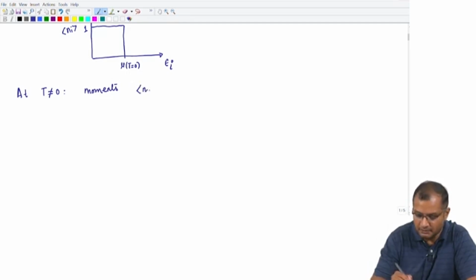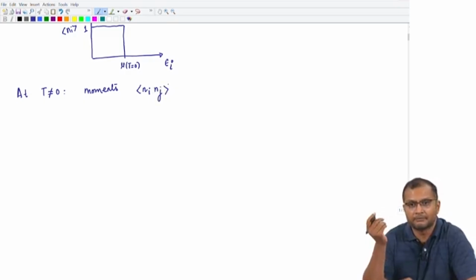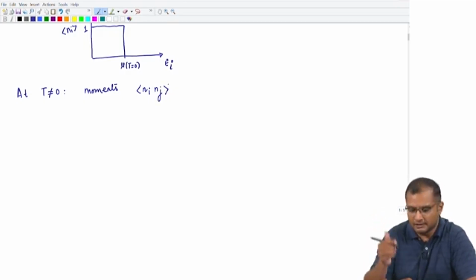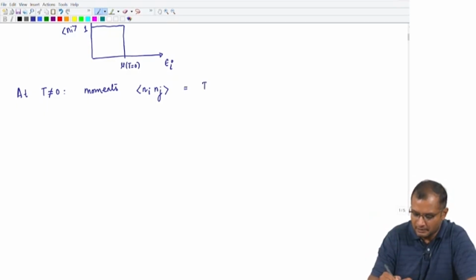So, for example, you may be interested in computing the joint probability density of finding a fermion in level i and another fermion. So, this joint moment Ni Nj is a joint probability